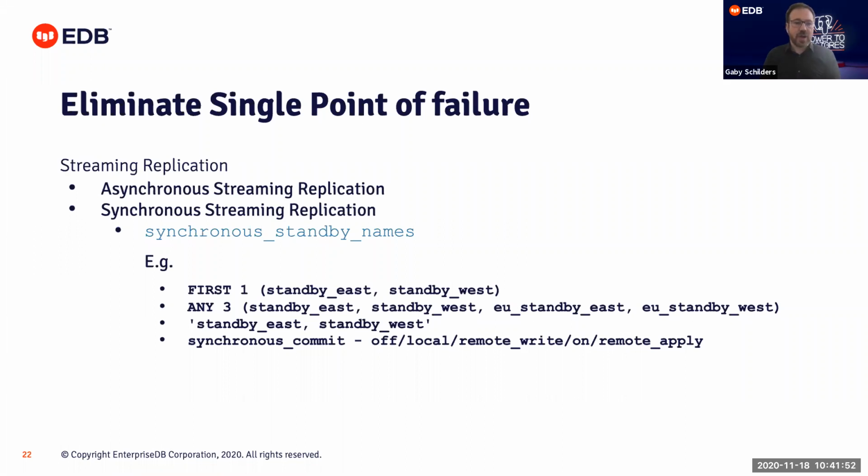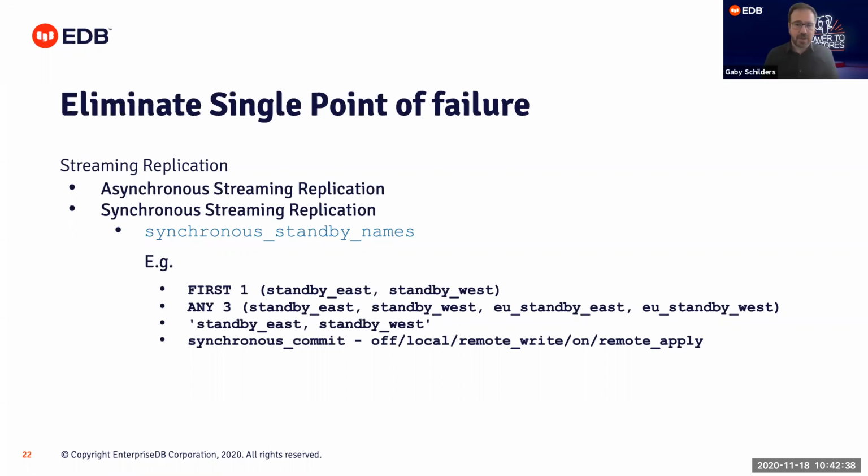Lastly, you can also influence these decisions with a parameter called synchronous commit, and the combination of these synchronous standby names and the synchronous commit configuration factor decide ultimately which of these is used in which way. If synchronous commit is off, obviously no commit is done to a secondary system. If synchronous commit is only local, then again, no remote system is consulted. Remote write means that it's arrived on the other side. On means that it is